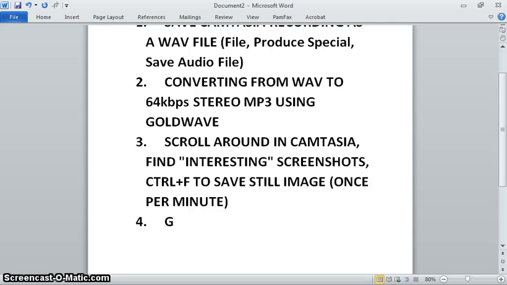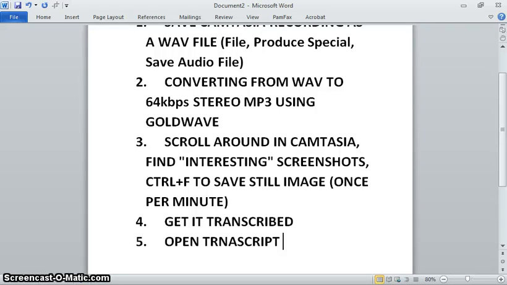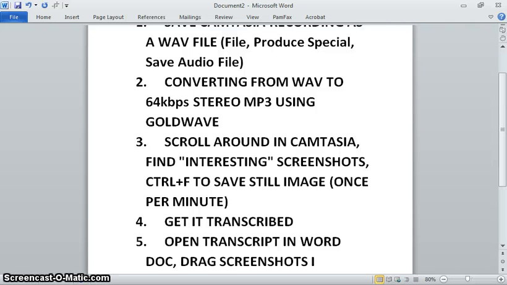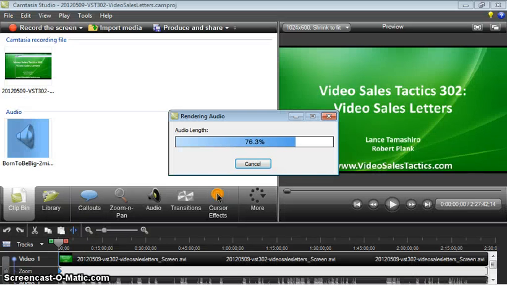And then what we'll do is get it transcribed, and then open the transcript in a Word document and drag these screenshots in. Now, because I'm only making a video of a couple of minutes, I can't show you the entire process, but